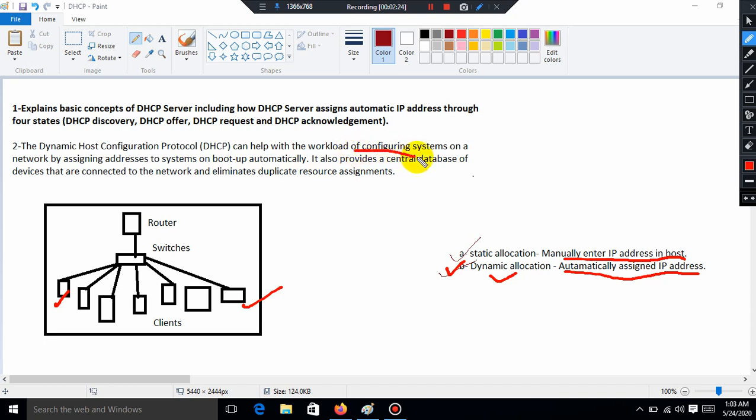So it configures the system on the network by assigning an IP address to the system on boot automatically. So whenever the system boots, it gets an IP address automatically. So DHCP is dynamic allocation of IP addresses in the system.